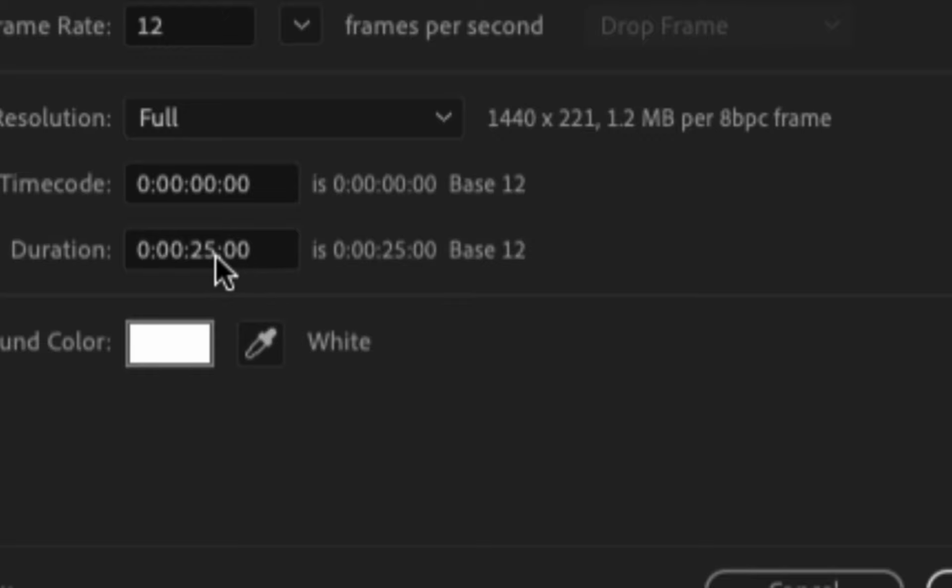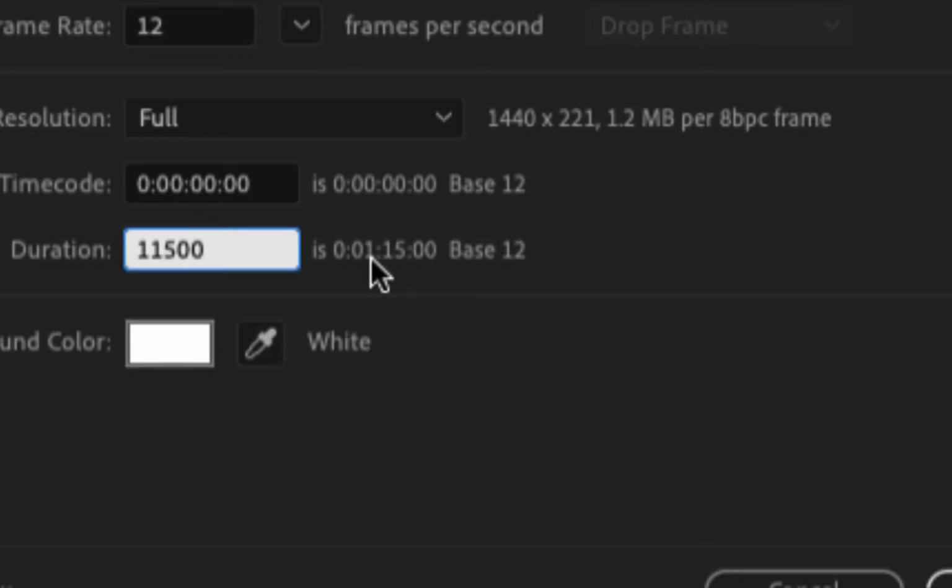Let's say I wanted it to be 1 second and 15 frames. So how would I type that in? I could triple click this, and then I could type 1 5 for 15, and then 0 0 for placeholders for the frames. So that will end up as 1 second and